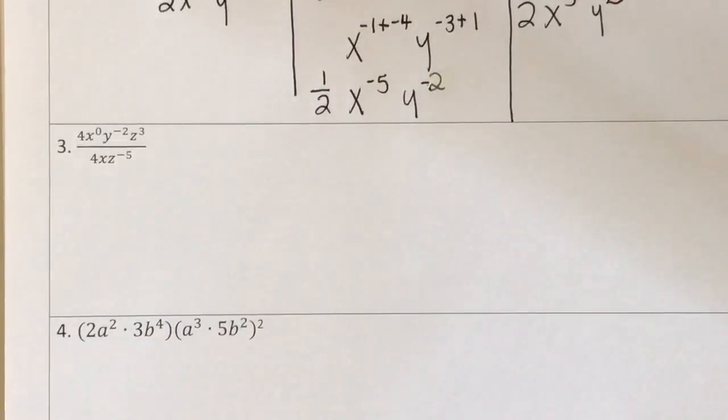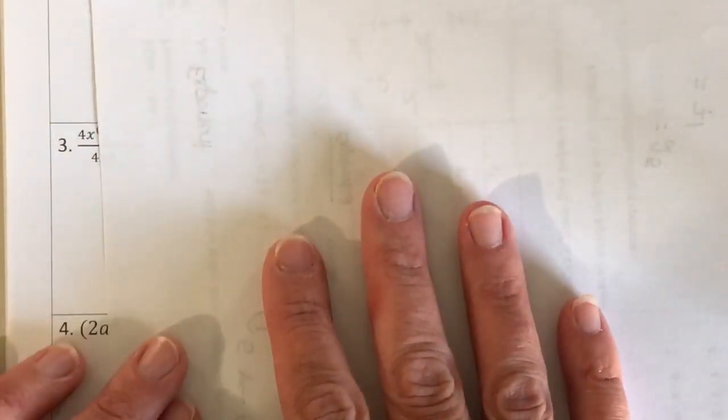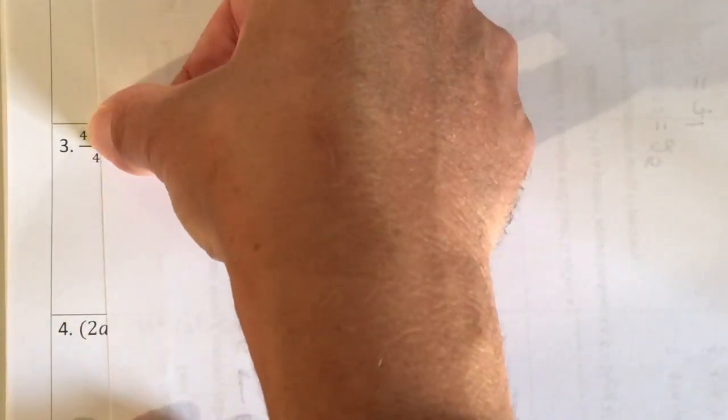Notice in example 3, it looks very similar to some of the other examples. So what I'm going to do is treat this one just a little different. One thing that we forget and kind of throw out whenever we're simplifying exponents is our basic common sense rules. If I didn't have any of those variables there and all I had was 4 over